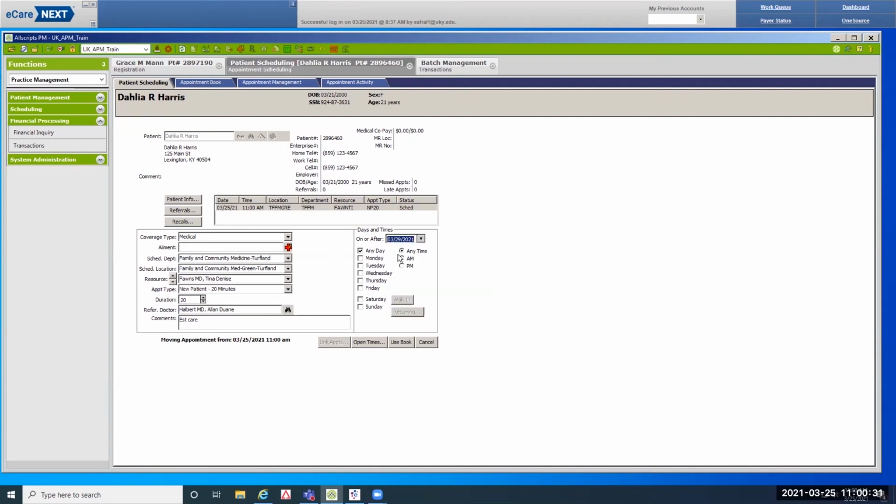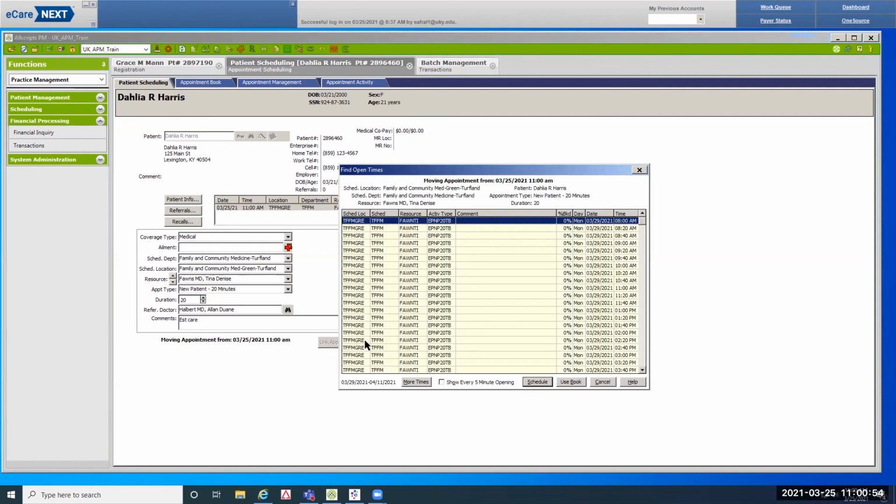So when we click open times, if there are openings for this provider, this department, this location, that appointment type on the 29th, we're going to see that as our first available on open times. If there aren't any openings on the 29th, it will give us the first available day and time that provider has in their schedule. So I'm going to come down and click open times. And we got lucky because of training. We have a lot of